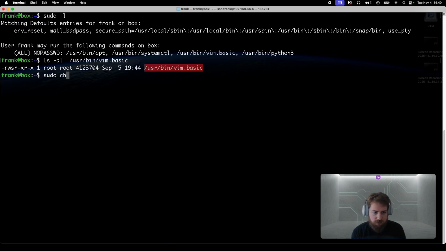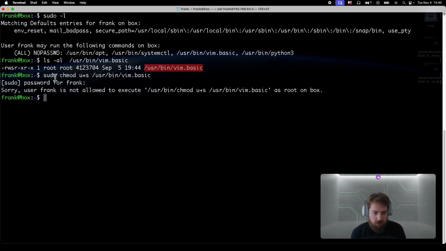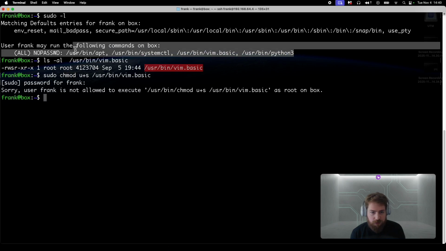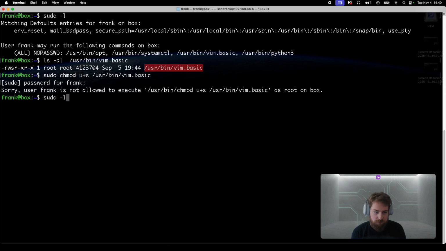Typically, it is set using this command, chmod u+x, with some program, u+s. So let's say /usr/bin/vim.basic. Now, in this case, we cannot run the command chmod as administrator because that's not allowed. So let's become root again. So let's say we do this. And we can say chmod u+x+s /usr/bin/vim.basic. That gives that permission. So if I show you that line,